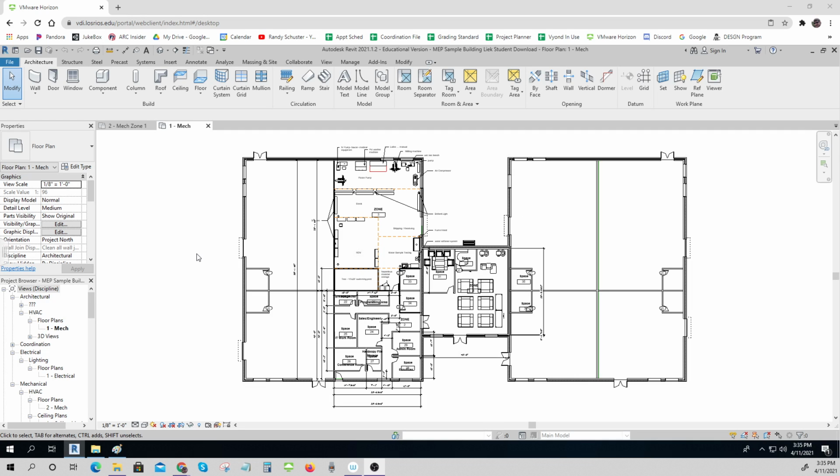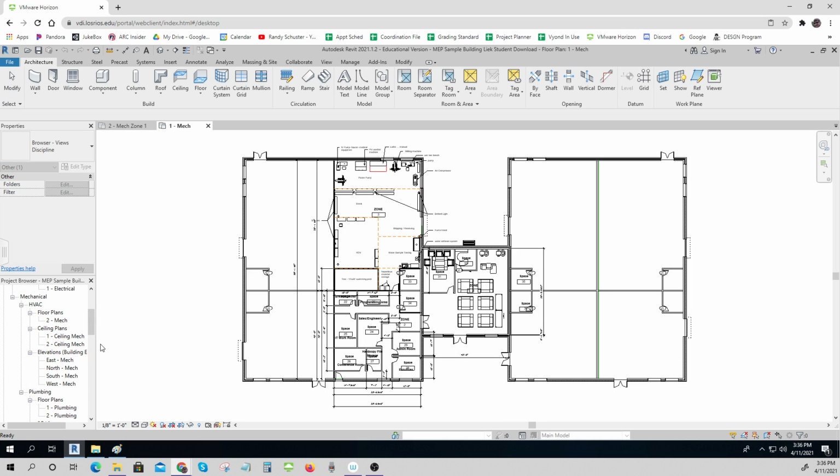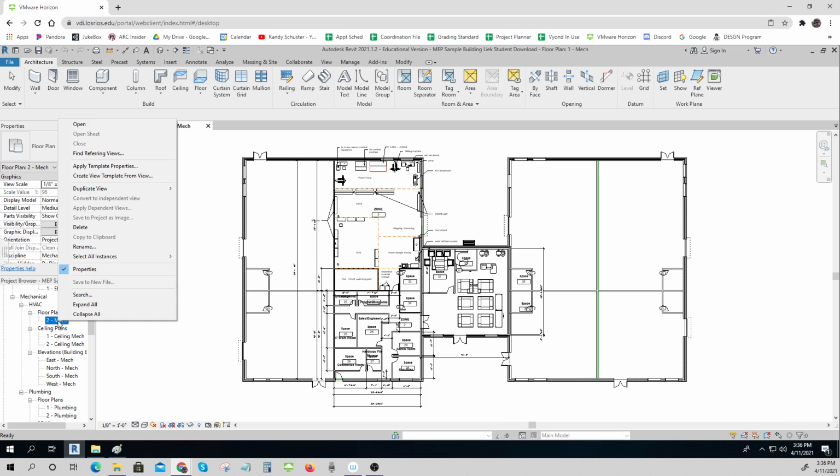Now that we know where our registers go, let's start our modeling in Revit. So I've opened up the MEP file, which you have access to, that Son made for us, and we're going to start working with it. The first thing we're going to do is make it in a floor plan. So I need a new floor plan for it. I'm going to duplicate the MAC plan,